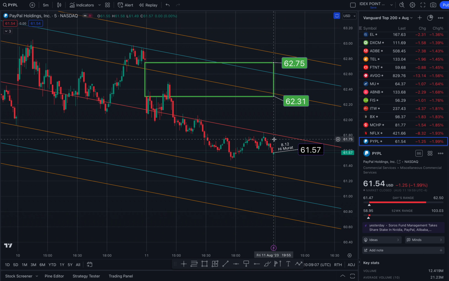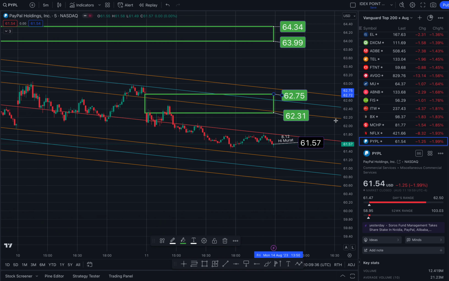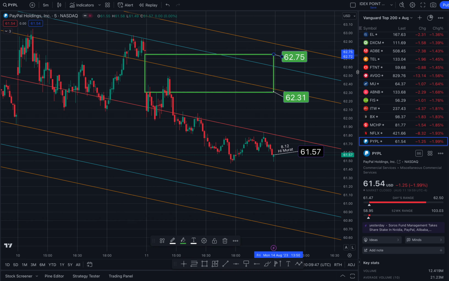To the north side takes us to the middle of the trend or the mean, and also resistance, and that is 61.81. A gap forms to the north side at 62.31. Two standard deviations is 62.35, 62.61, that gap closes to the upside at 62.65, and four standard deviations is 62.88. There is also another gap to the north side that starts at 63.99 and closes out at 64.34, but we are not even close to that zone, but I just wanted you to be aware of that.